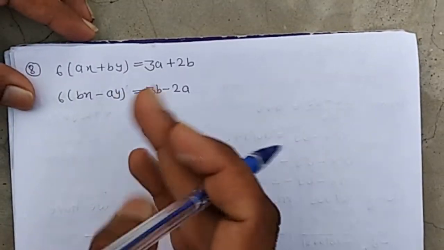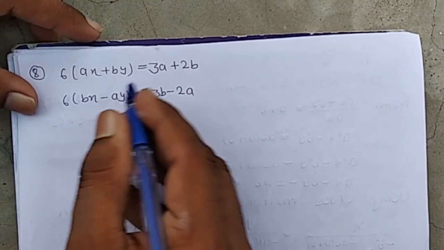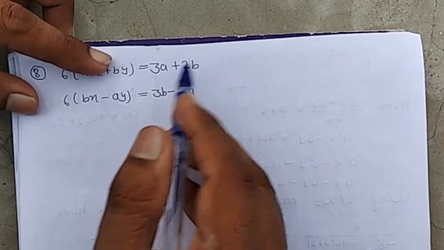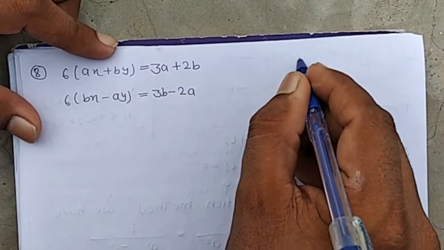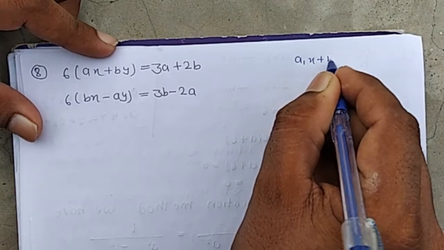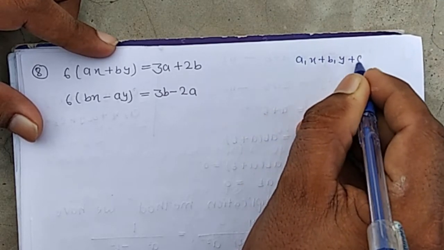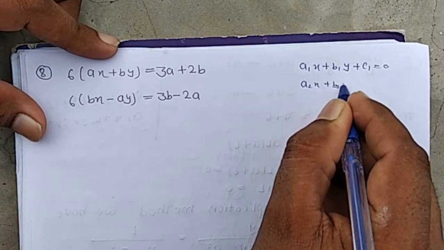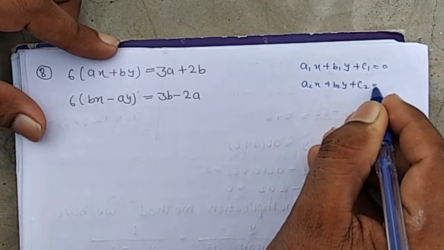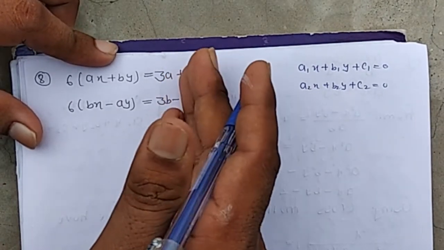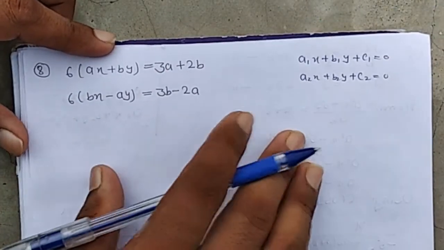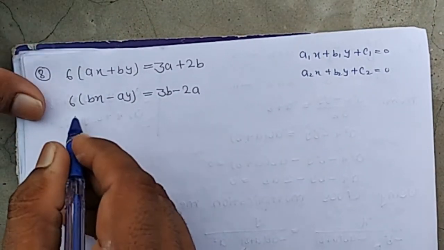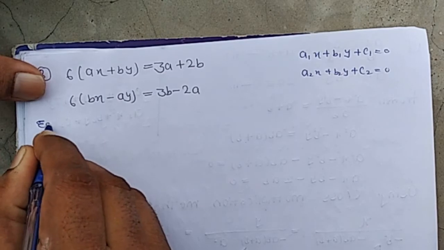Now it is question number 8. We have to solve this equation using the cross multiplication method. Firstly, we change it into the form a1x plus b1y plus c1 equal 0 and a2x plus b2y plus c2 equal 0, which means we shift the RHS terms to the LHS. Then equation 1 becomes